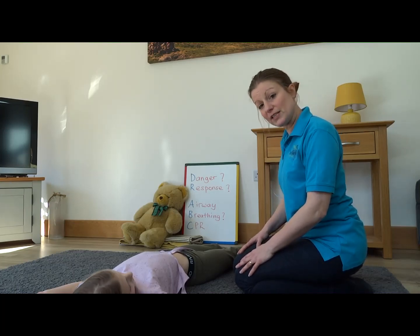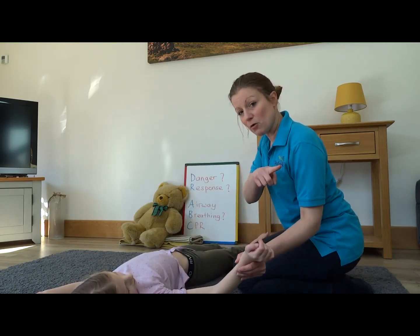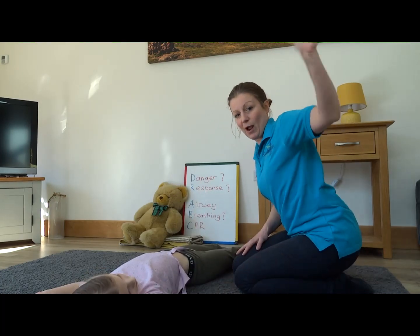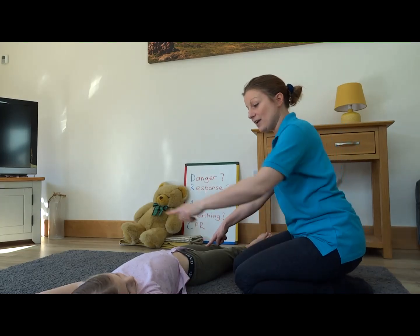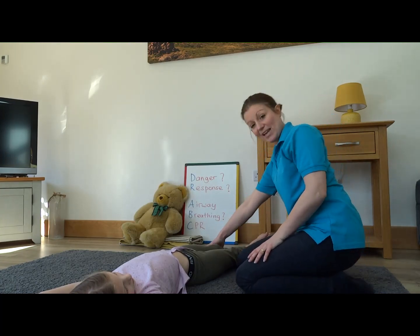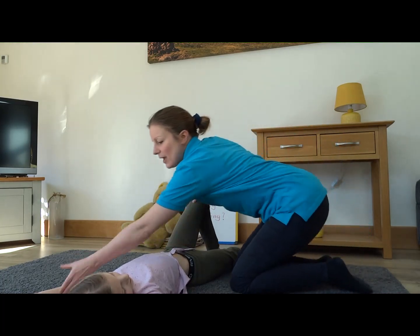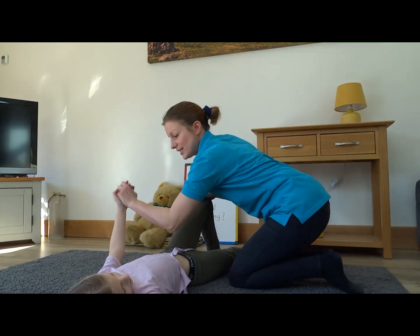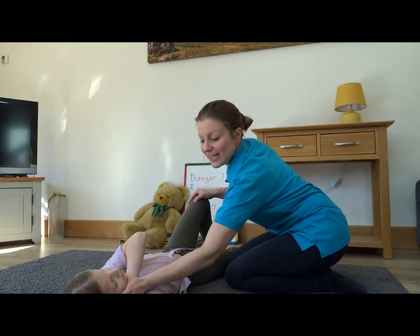And with a recovery position, you pull somebody towards you. So, watch me first and then we'll all have a go. The arm closest to you goes out to the side, like they're waving, okay? Out to the side. Then we're going to move the leg and the arm that are on the other side, the ones furthest away. So you bend the knee like this, and you hold on to the knee, and then this hand, you're going to hold hands with them. So you go palm to palm, holding hands like this,